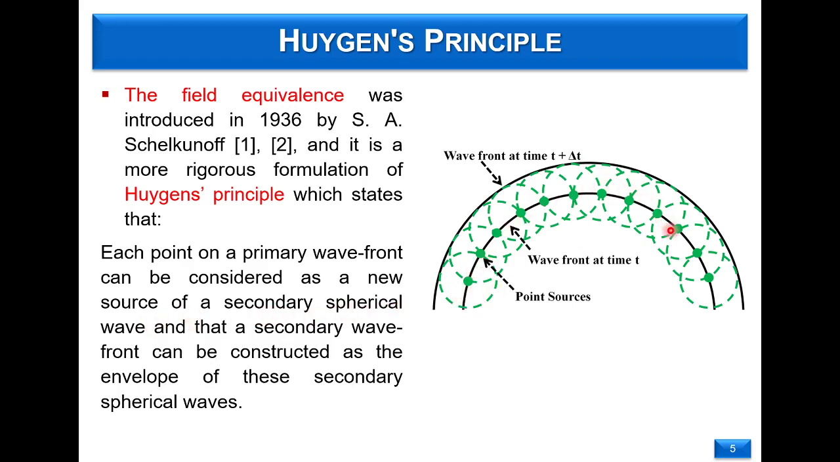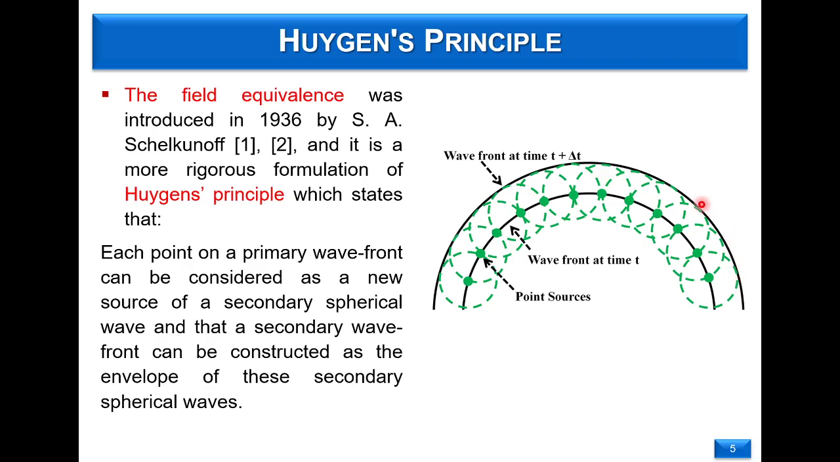So any point on this wavefront can be considered as a point source that is emitting a spherical wave. And the secondary wavefront or the progressive wavefront can be constructed as the envelope of those secondary spherical waves. So if at time t we have this wavefront, this surface of equiphase, every point on this surface can be considered as a secondary point source that is emitting a spherical wave. And to find the new wavefront after time delta t, we just go for the envelope of those spherical waves,